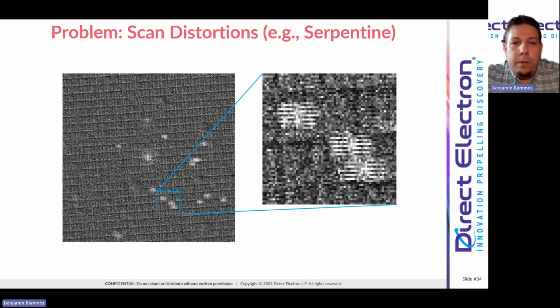So there is a problem, though, when you add all of this control over the scan pattern. We've given an unlimited number of scan patterns now, an unlimited number of options for subsampling. So we've really taken the limits off of STEM and 4D STEM, and that's incredible. But